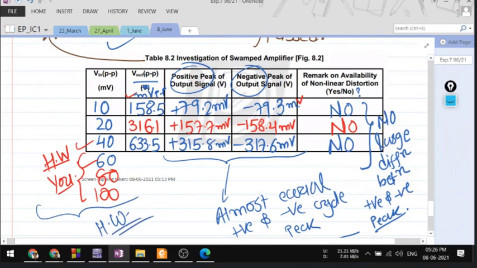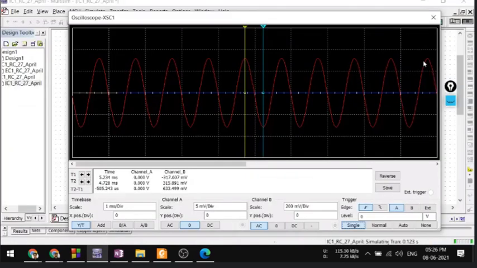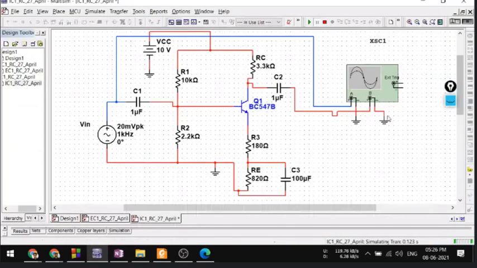It is the same circuit as you used in experiment 7, but the difference is the 180. Don't connect the capacitor across this 180. 1000 is divided into two parts, 180 and 820. Across 180, do not connect any capacitor. Across 820, connect the capacitor.